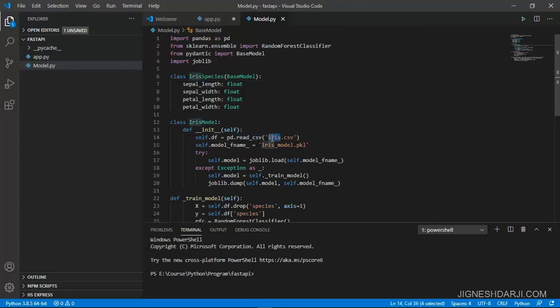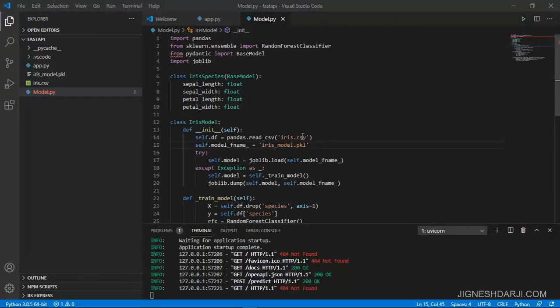Apart from that, we also need to import this iris.csv file inside our folder, in the same folder where we have app.py and model.py. So we need to copy the iris.csv that contains some trained data, and based on the trained data we can predict with our models.